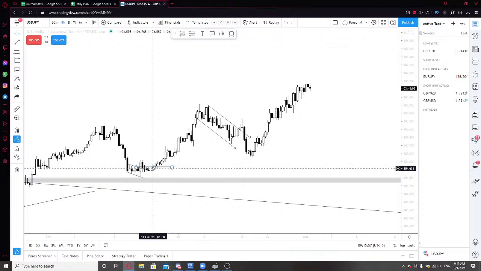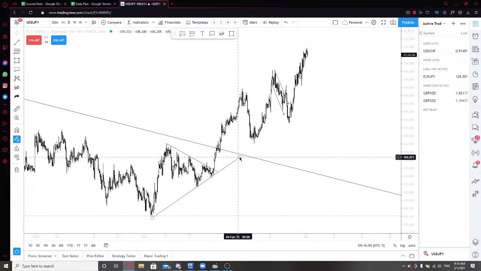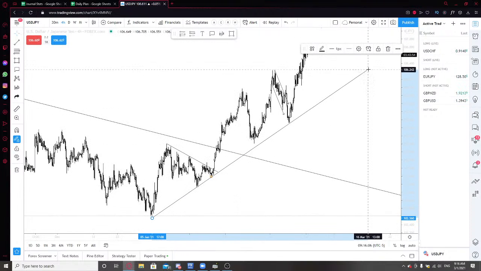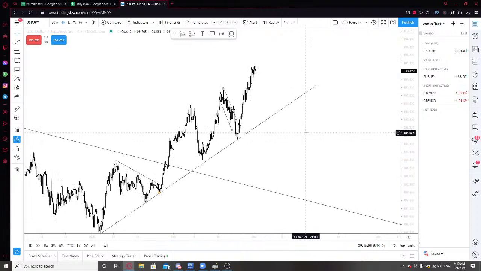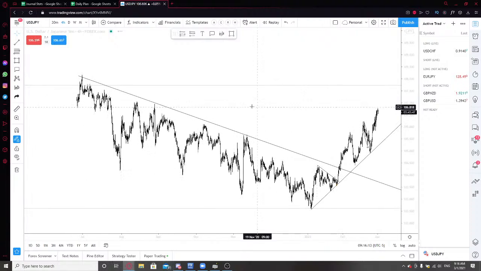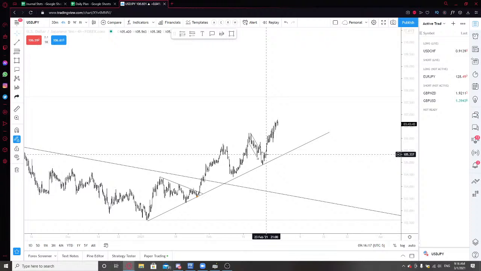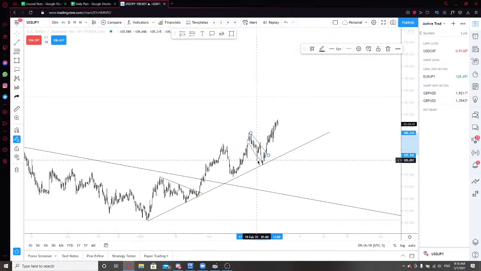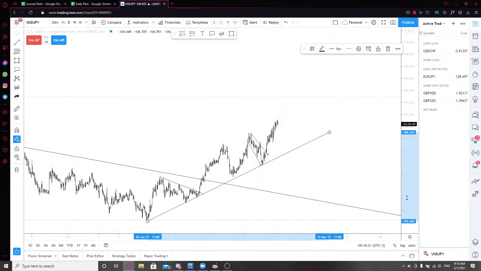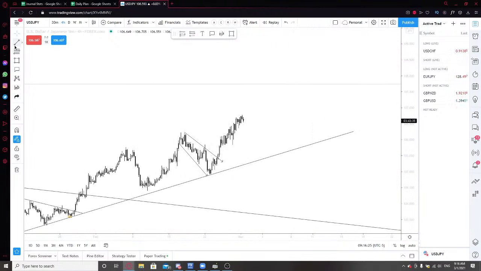Now I was trading dollar yen pretty heavily last year, and it made it at least on my top 10 list for the pairs. And again, not going to be too detailed with this markup. I'm just going to keep these markups pretty simple and not give exact areas, because it's not particularly on my list and it's not really requested. It's just a pair that I like to keep an eye on and